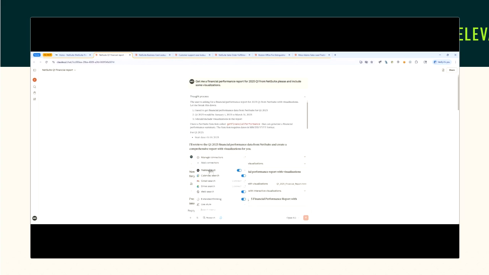If I click here, I can show you all the tools that I have exposed inside NetSuite. It will call these tools whenever it thinks it needs to go find information out of NetSuite that a tool can help with. So in this one, Get Financial Performance is built specifically for this task.